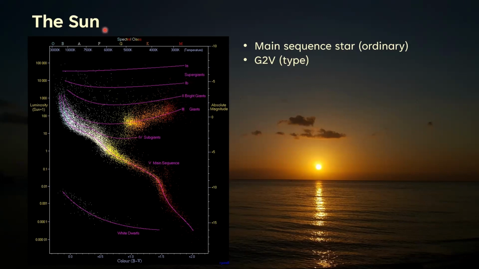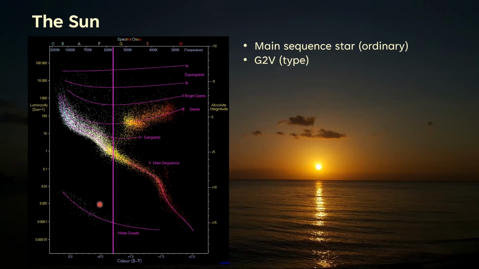If we're going to draw a vertical line that passes through that G2 parameter, it will be somewhere here. All the stars that are near this line are G2 stars. But it can be a G2 3 star if it is found here. It can be a G1b star if it is found here, etc. It can be a white dwarf, but still G2 if it is found here.